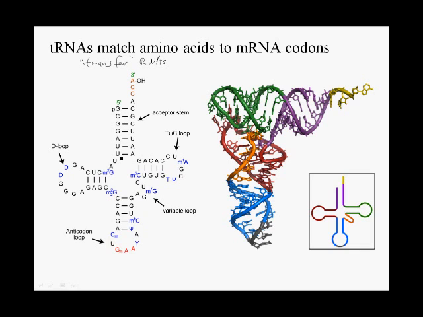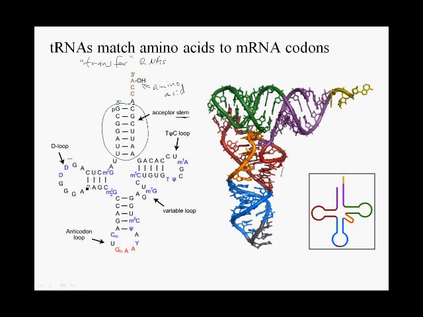So the bases within the RNA form hydrogen bonds with other bases in the same tRNA molecule, and these base paired regions are called stems. It's called the acceptor stem because this is where the amino acid is covalently attached, right there to that hydroxyl. And in addition to the acceptor stem, there are 3 other stems, each with a loop.